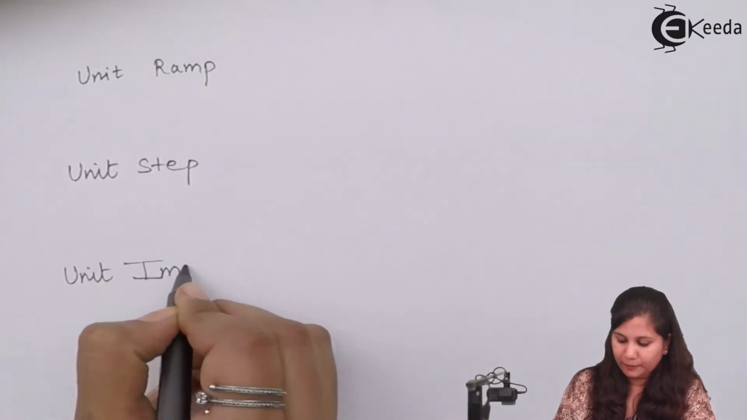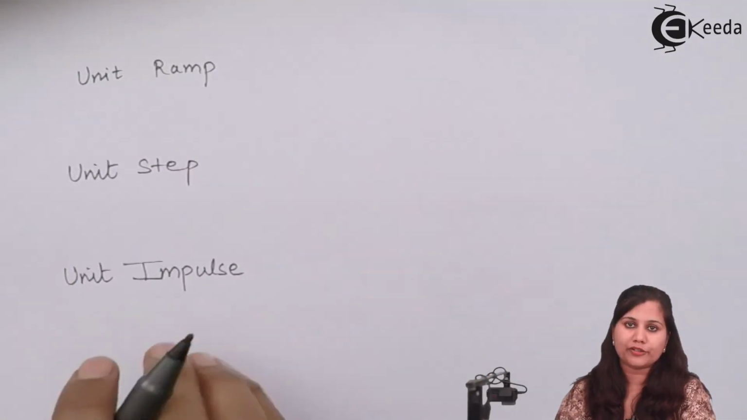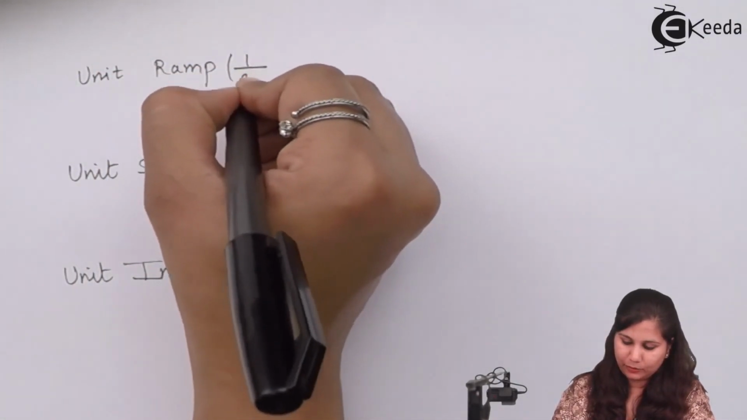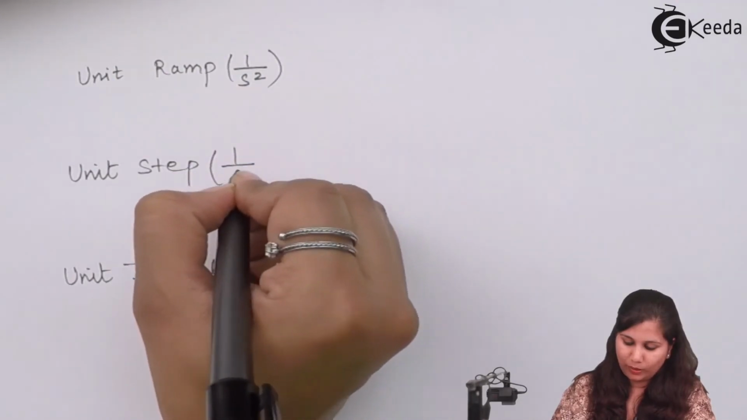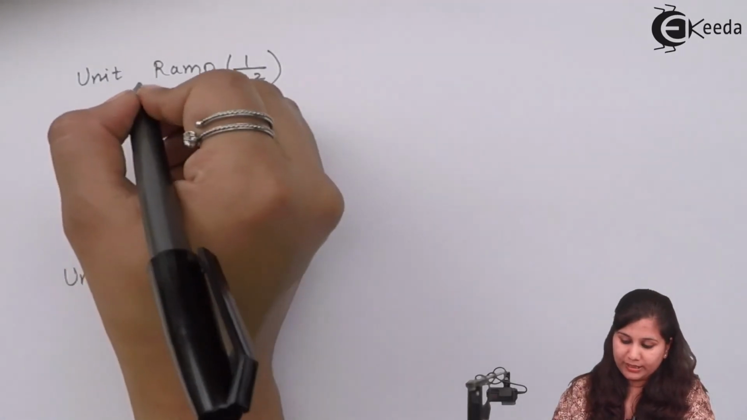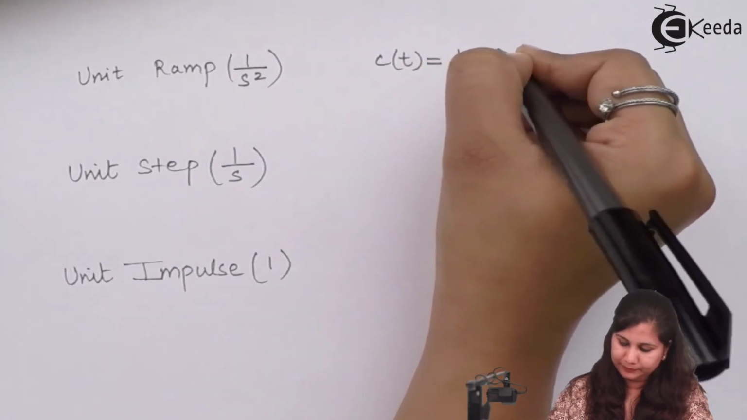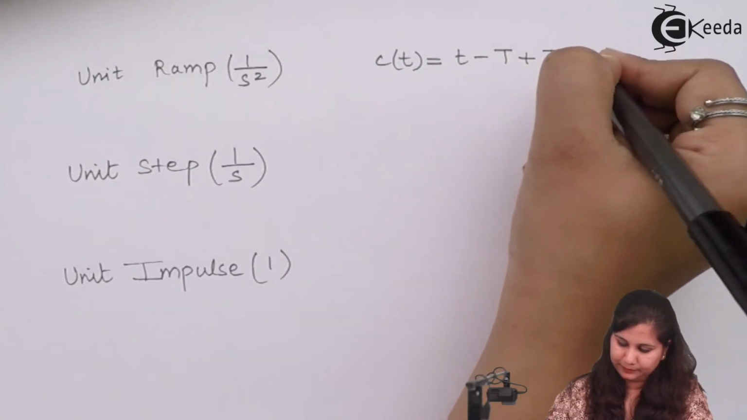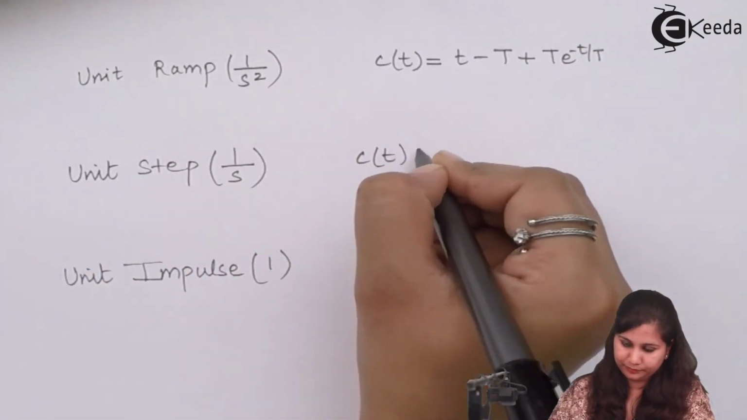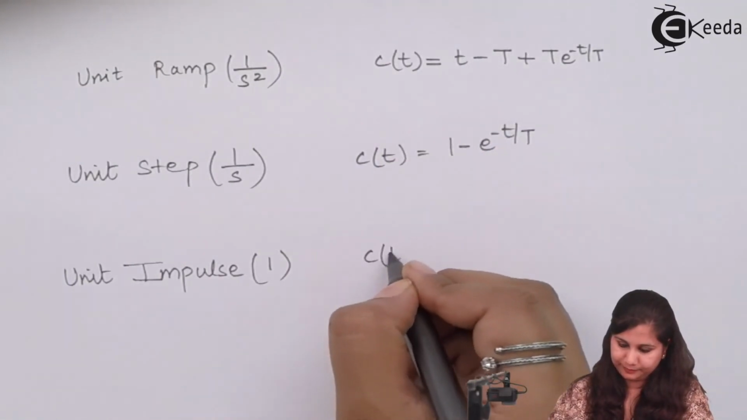These are the three input test signals for which we have found the output response of the first order control system. Unit ramp is 1 by s square, unit step is 1 by s, and unit impulse is 1. So its output response was coming out to be, for unit step the output response was, and for unit impulse